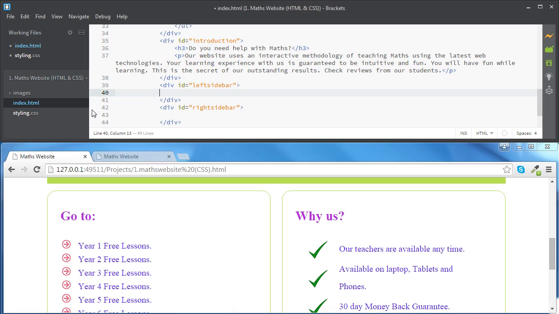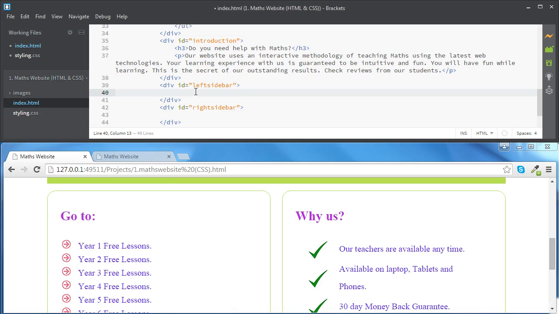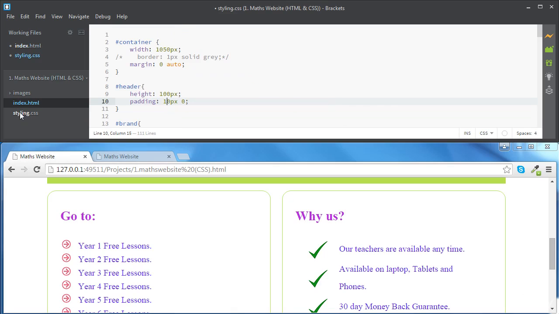Okay, now we are going to style these sidebars. There will be some common properties between the two sidebars. So to make it easy and to save time, we are going to add a common class to these sidebars. I'm going to call it sidebar. And we're going to use this class to add all the common styling between the sidebars. Okay. So,